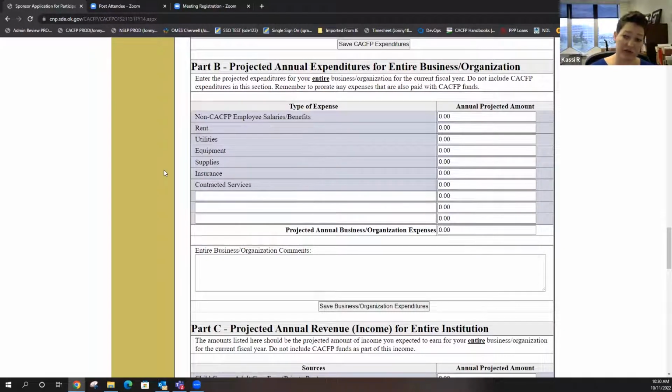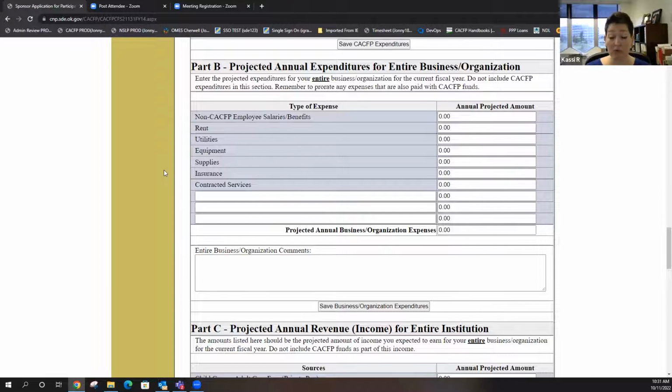You still have to have other funding above and beyond what we give you to operate. Otherwise, you're not viable. And we've really been preaching that for the last couple of years. You have to be able to operate when we're not able to pay. The best way I can explain it is when you need to go buy paper, or you have something at the end of the month that you need to go out and buy, has there ever been a time that you didn't have our money to pay for it? And 100% of you family daycare home sponsors are going to say yes. Okay, what money did you use to pay for it? If you had run out of our money and you needed something and you got it and you paid for it, you have other annual expenditures and you also have the money to pay for it.